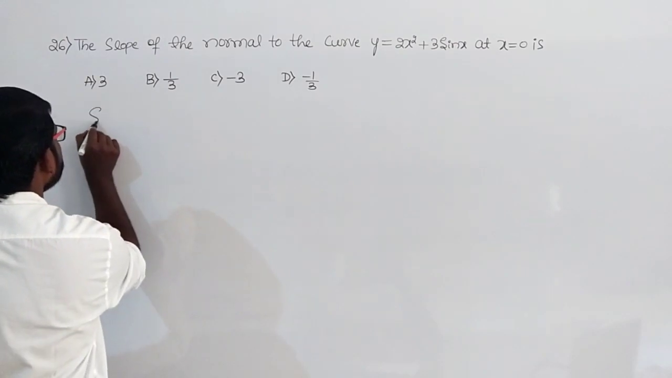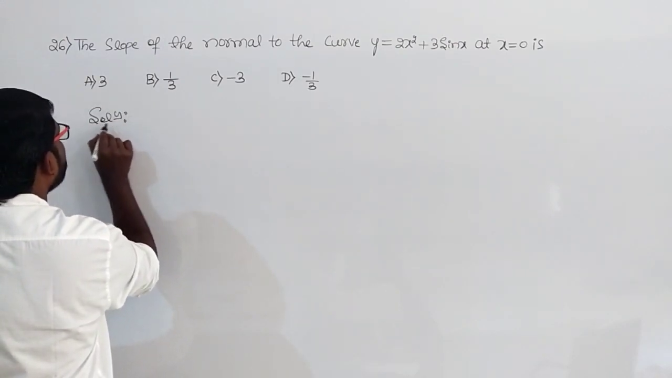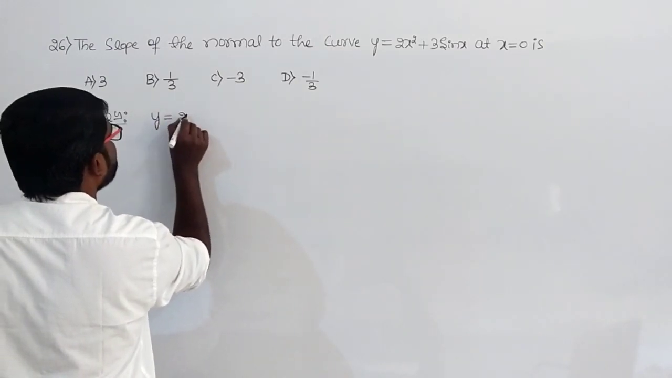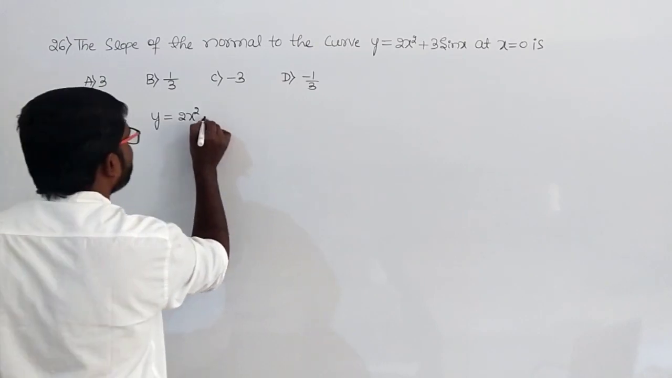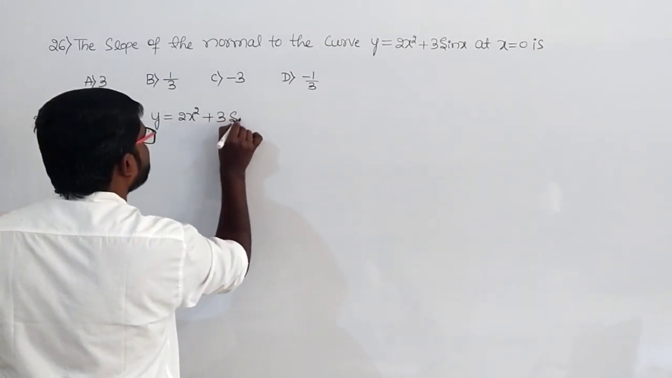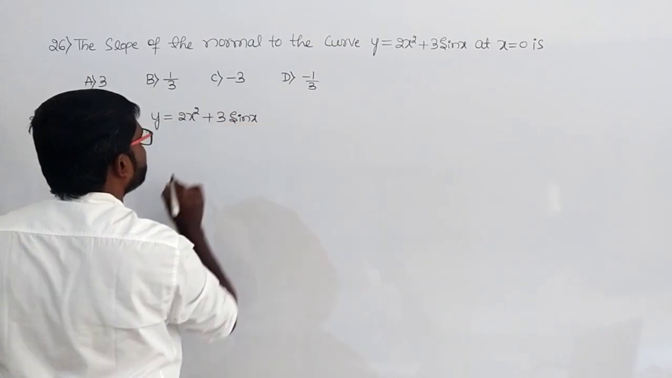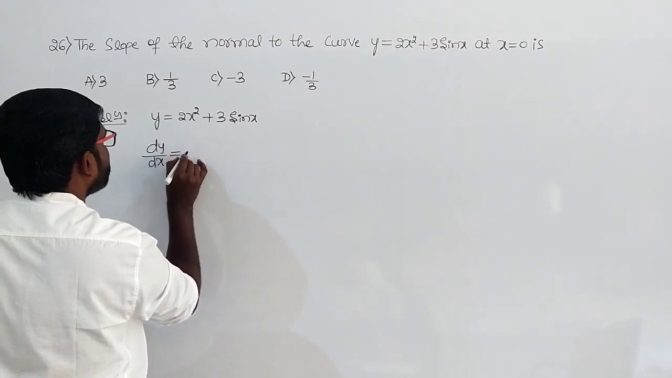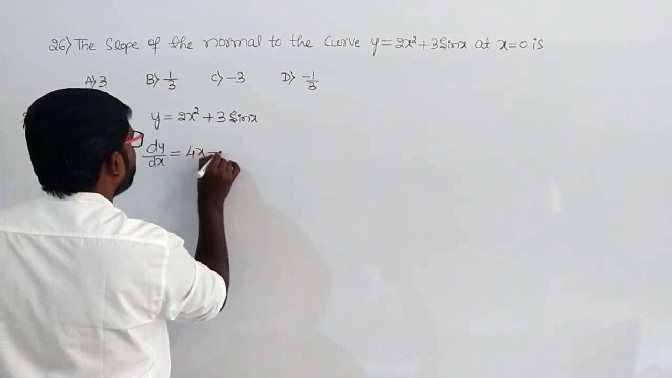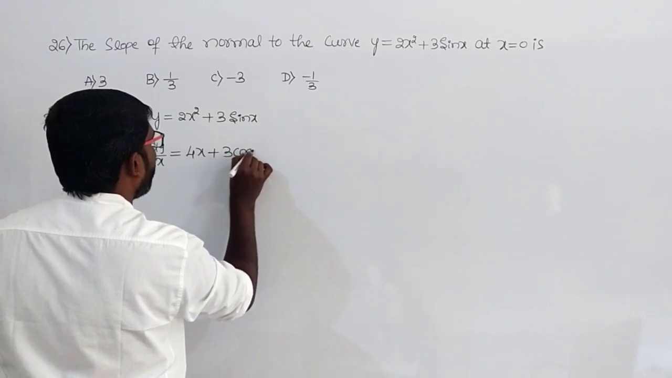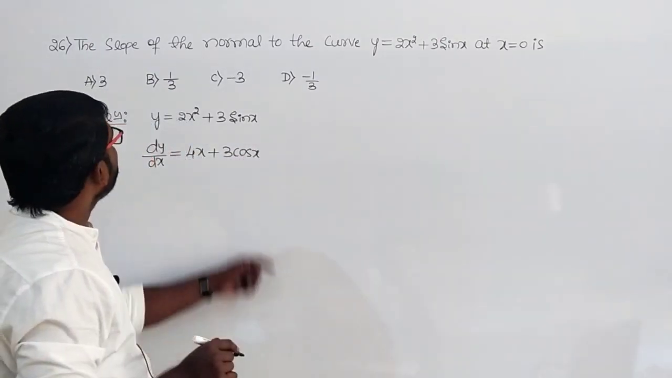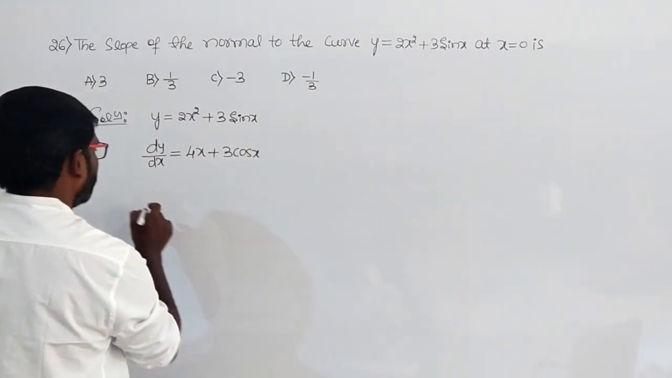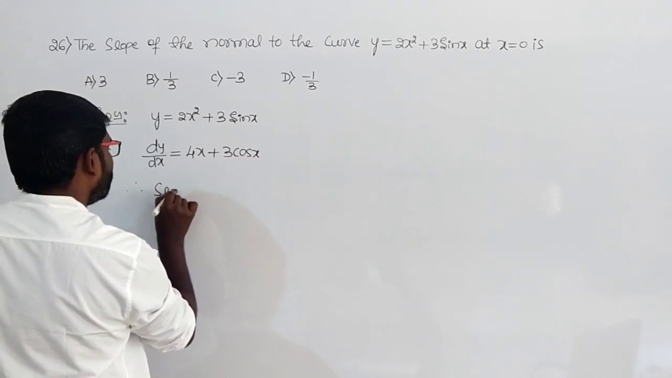So now I will be taking the given equation of the curve, that is y equals 2x square plus 3 sin x. So now differentiate this with respect to x. So dy by dx equals, you get 4x plus 3 cos x, and then what we have to calculate, the slope of the normal, that is minus 1 divided by dy by dx at x equal to 0. Therefore slope of normal